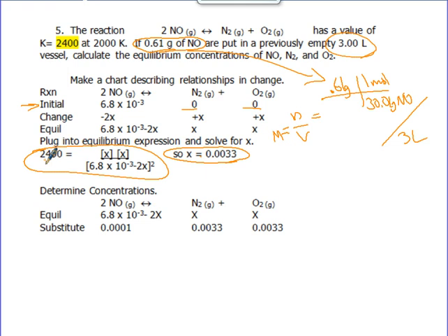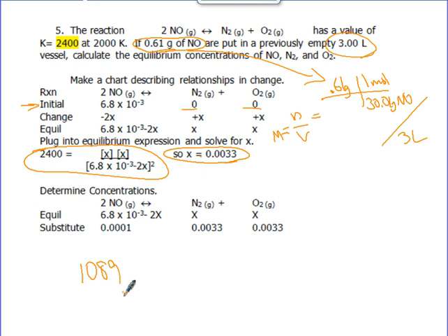When you plug it back in, it almost destroys the NO, and these guys are both x. This is an example where if you plug those values in and try to solve, I'm using N2 times O2 divided by NO squared, and you end up getting